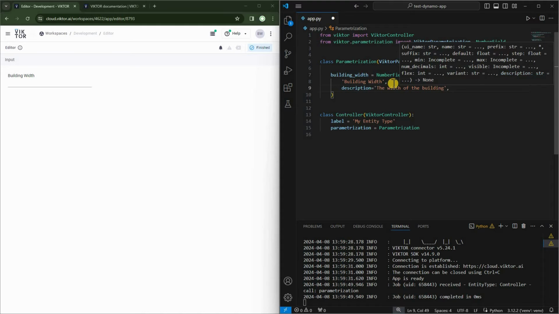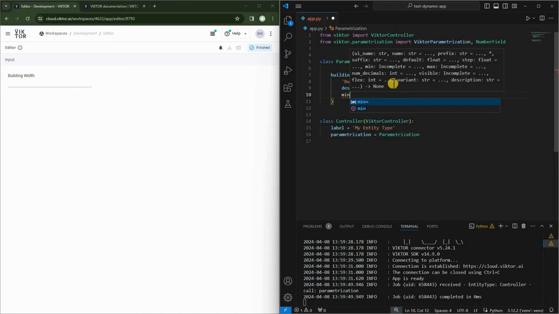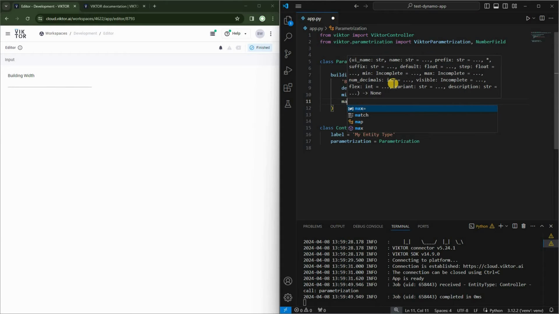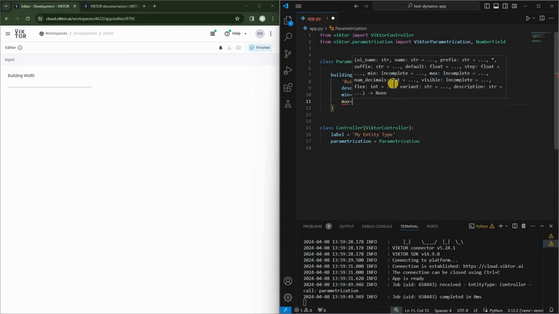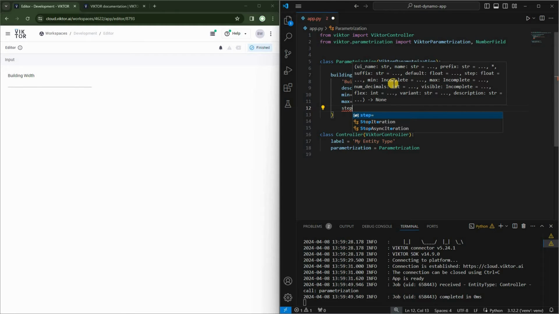And add a comma. Now let's add a minimum value for the building width, because obviously we won't want our building to be less than a certain value, because we know if the building width is 0 in Dynamo, that will lead to an error. So let's make sure the user can't enter a value less than 1. So we'll say min is equal to 1, max is equal to, you can make these values what you want, but I'm going to go for 1 and 20. And add another comma, and then we can also add a step. Step, I will say is equal to 1,